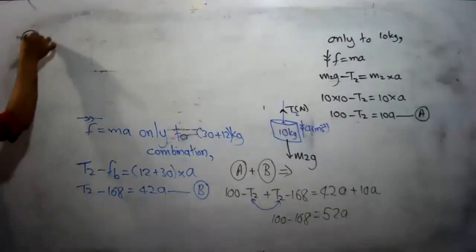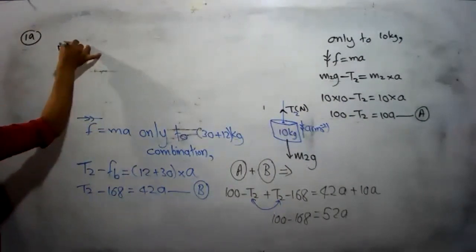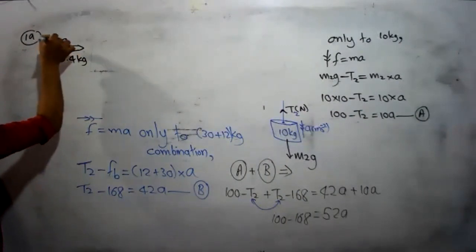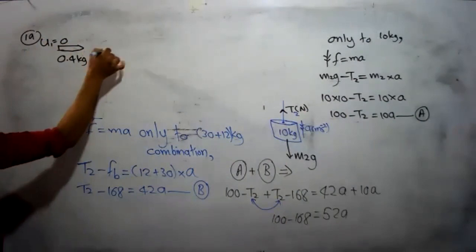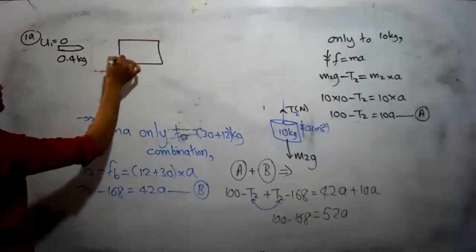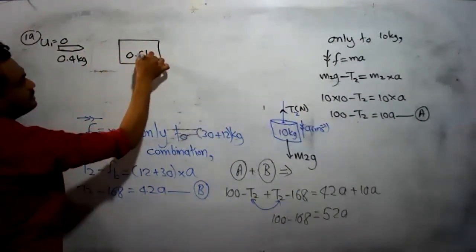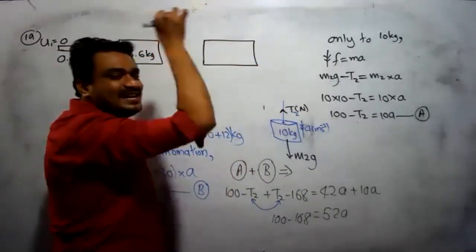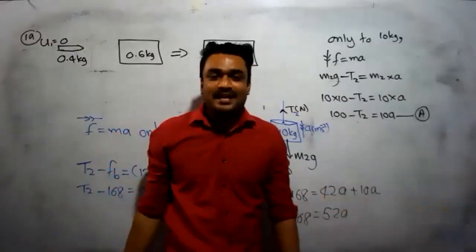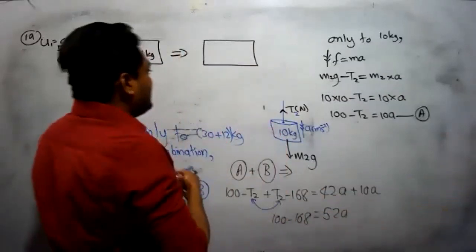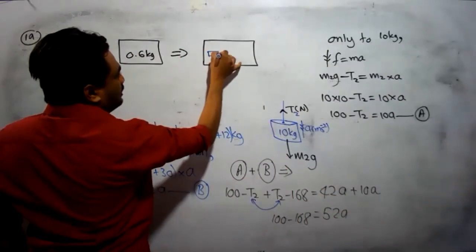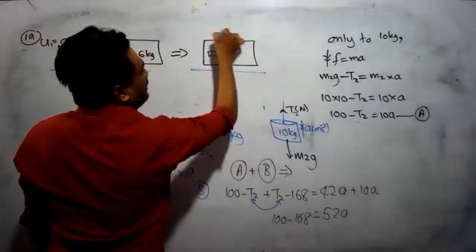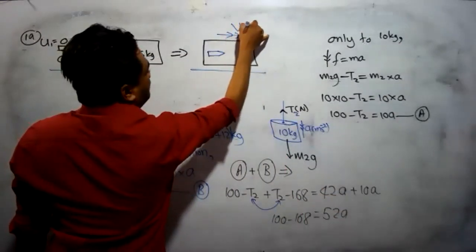Question number 19. A bullet of mass 0.4 kilogram is fired towards a block. The block is at rest. Its mass is 0.6 kilogram. After the collision, the bullet gets embedded in the block. It means the bullet will be inside the block. Please draw this figure here, and they will start to move as a single object with a velocity v meter per